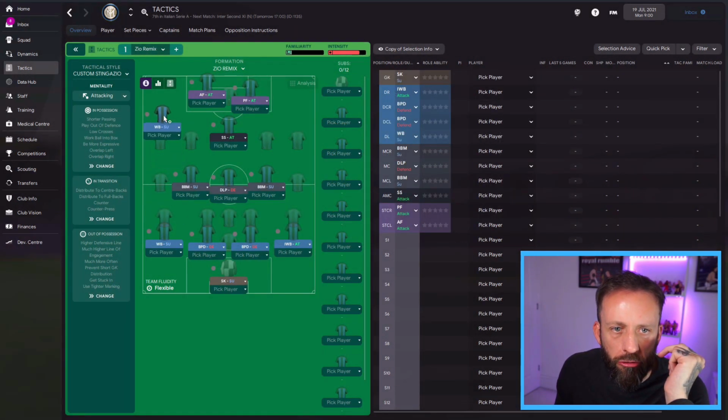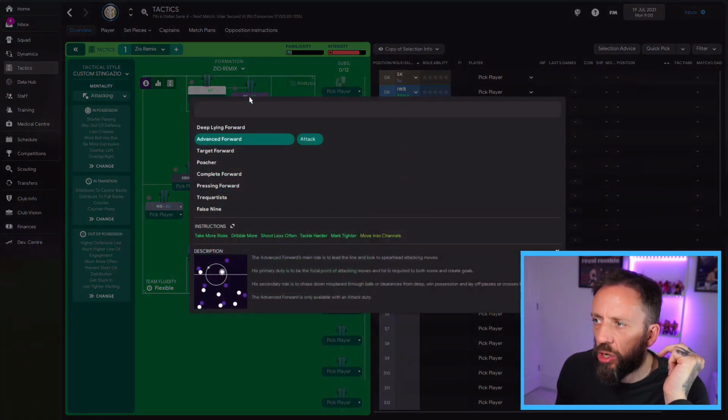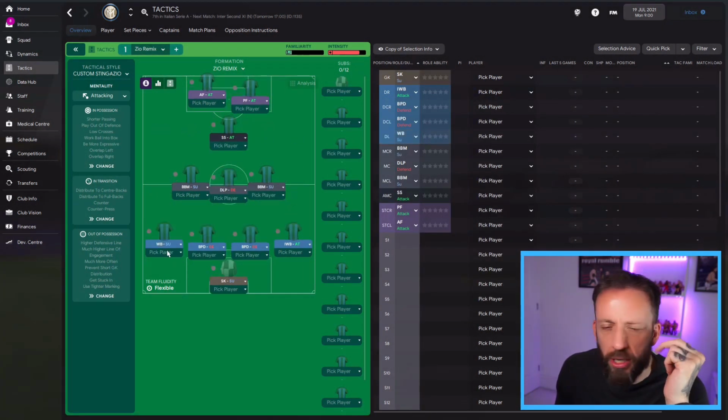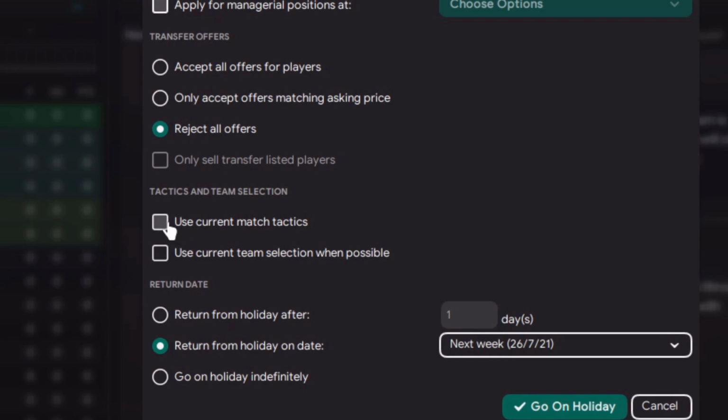You can see he's going to have a full range to bomb up and down there, supply bullets to Dzeko and Martinez. I think it'll probably be up front. Let's do it now. So that's the team he's going to roll with mostly. And I say mostly because when we go to put him on holiday here, we will be using current match